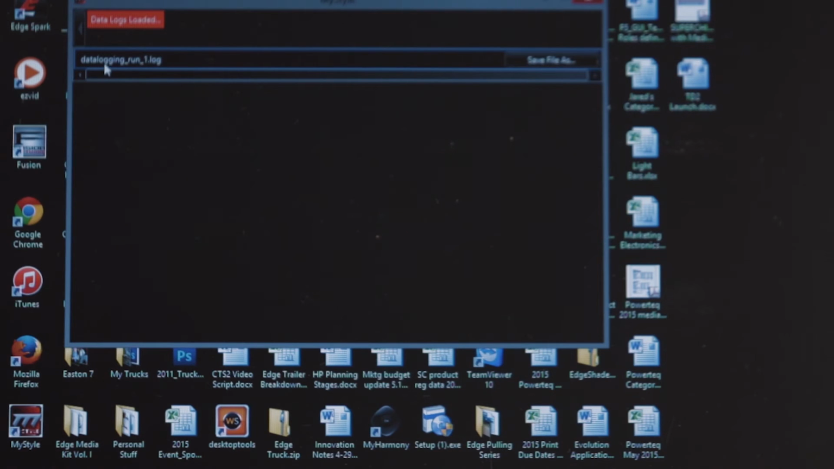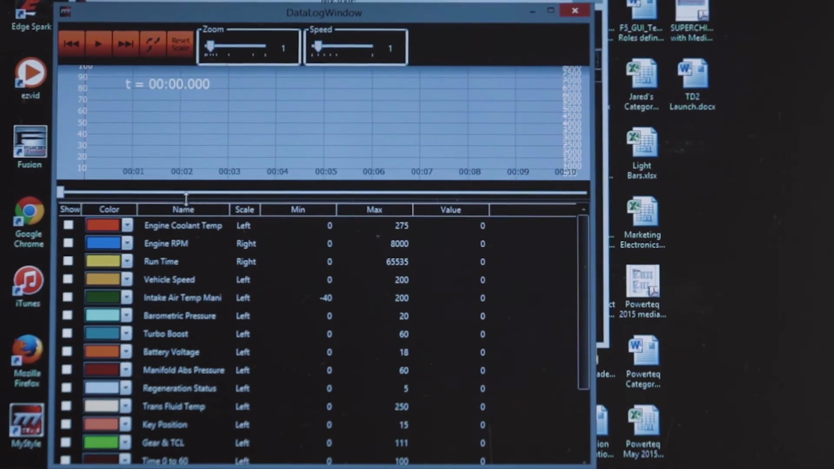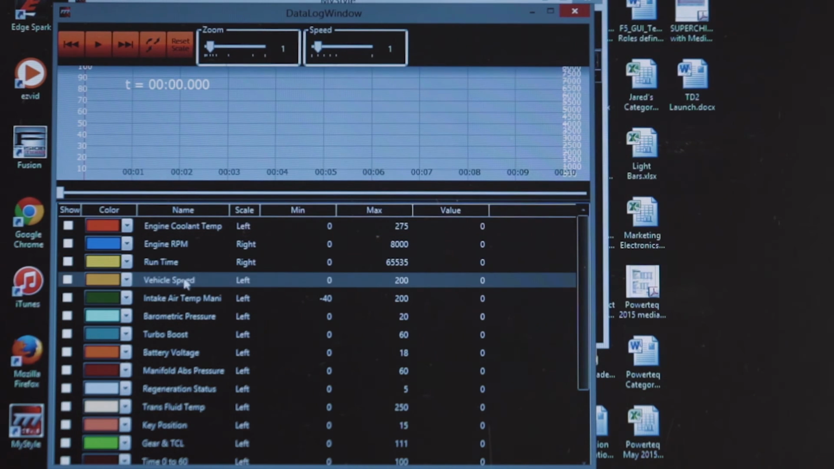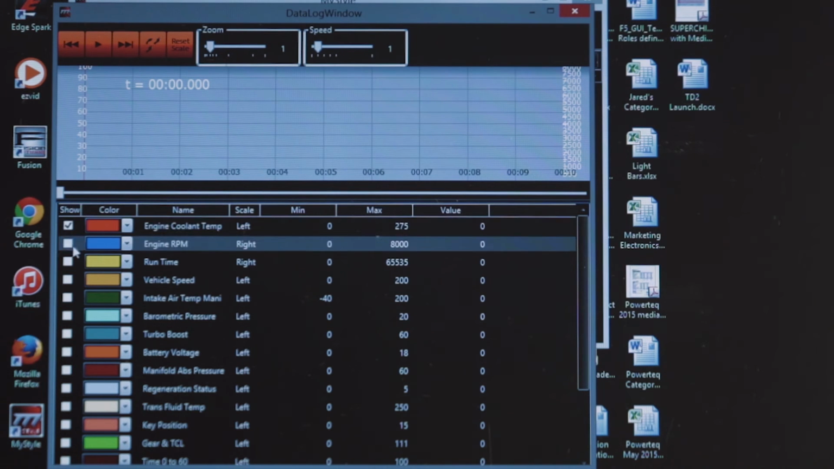As you can see, there's a data log run 1 that we ran earlier today. So we're gonna double click on that data log and it'll bring up your data logging screen. Here you can see all the different logs that it ran. So you have your engine coolant temp, RPM, runtime, all the different ones that it's monitoring. So you come over here and click on which ones you want to show,